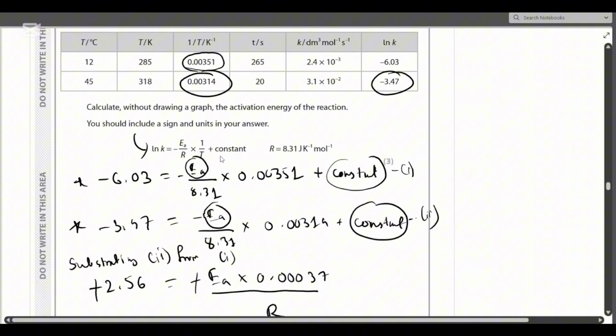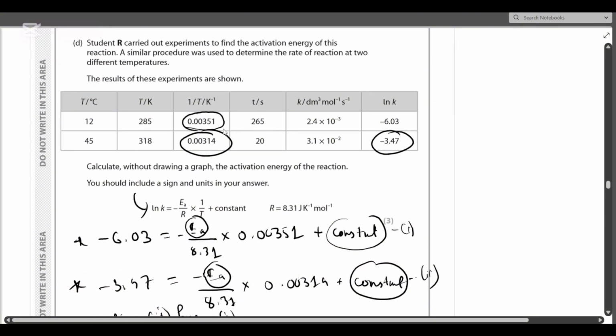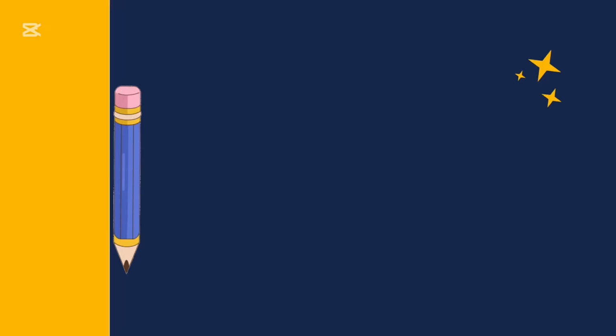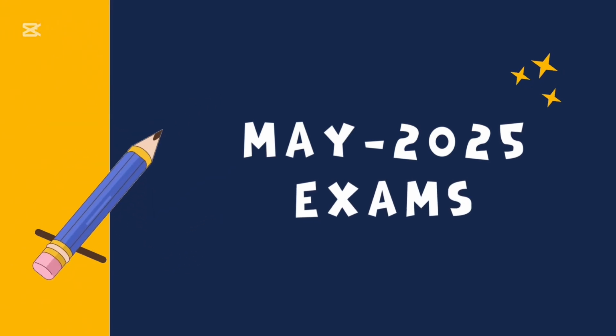Why is it plus? That is because the reaction is an endothermic reaction. Right here we can see that the temperature is increased. Moving on,